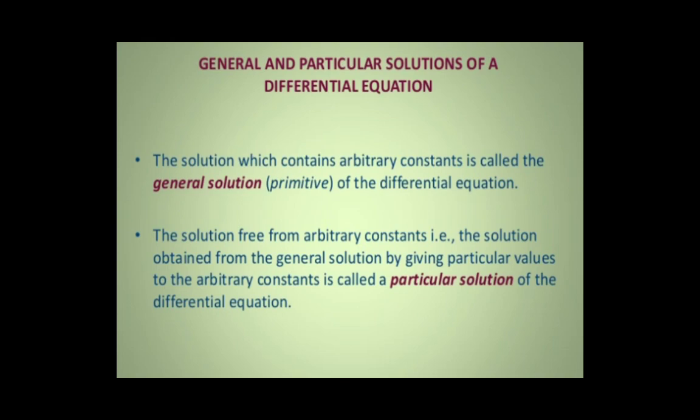That means general solution means that there is an arbitrary constant in it. Then particular solution means we are substituting x and y values. We are substituting the particular value and then we are getting the solution. So that solution is known as a particular solution. So first we get the general solution, and after substituting the particular values in the general solution, we get the particular solution. So from general solution we come to particular solution by substituting the values.